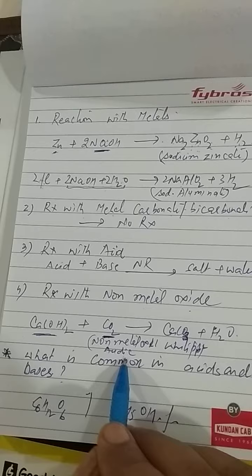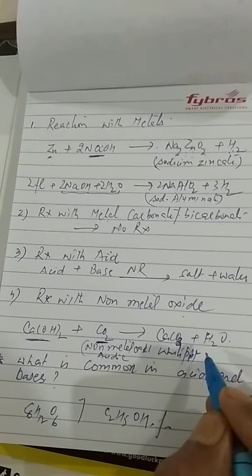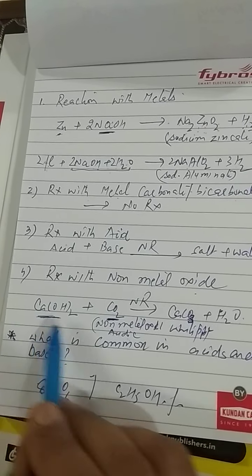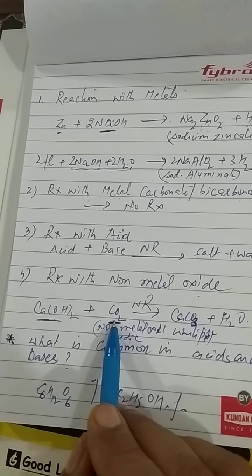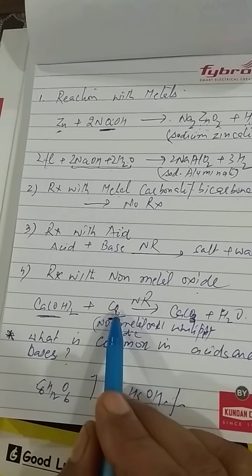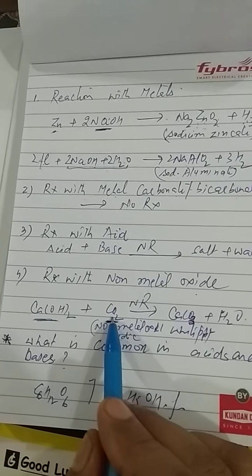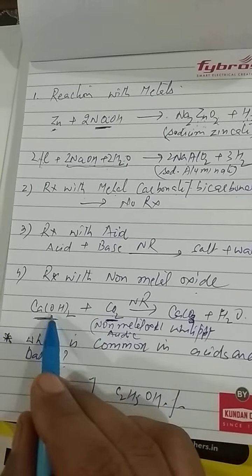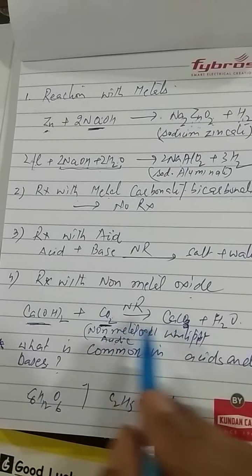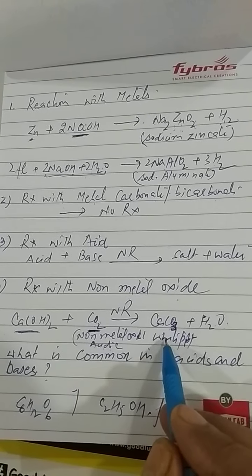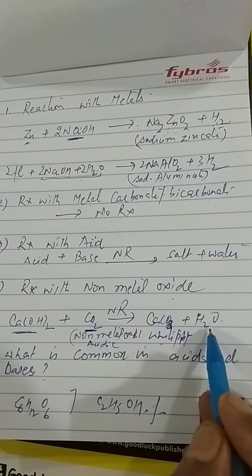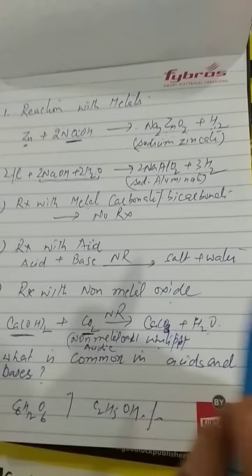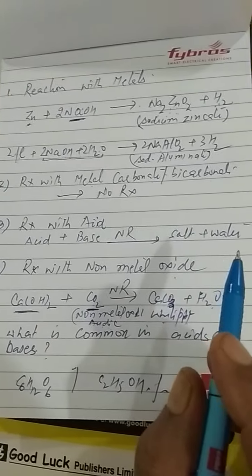So base plus acid gives you salt and water. Again, it's a neutralization reaction. Calcium hydroxide is a base, and carbon dioxide, although it is not an acid, behaves like an acid, it is acidic in nature. When they react together, they form salt and water. Again, it forms a white precipitate of calcium carbonate and water, right? So these are the properties of acid and base.